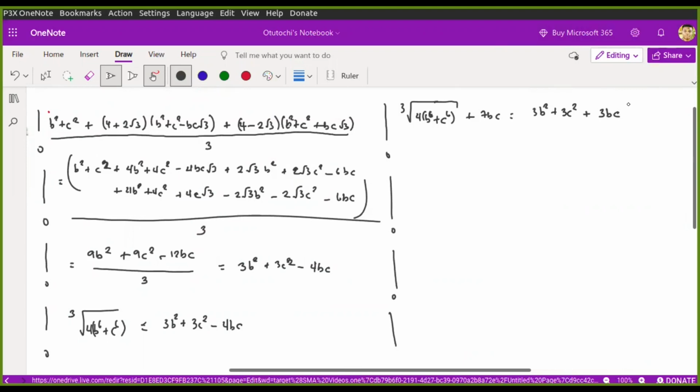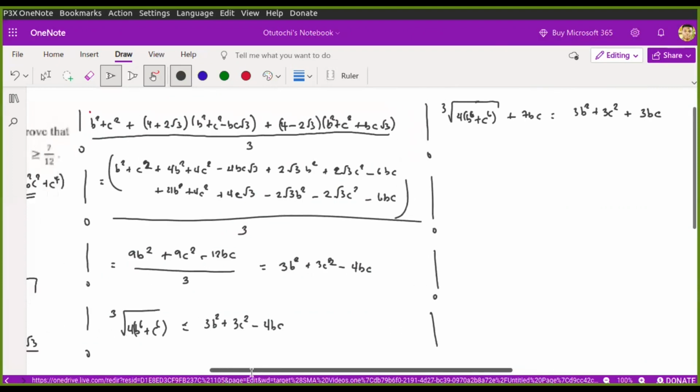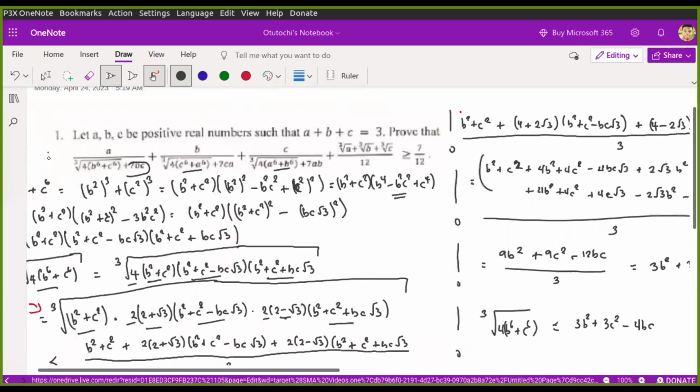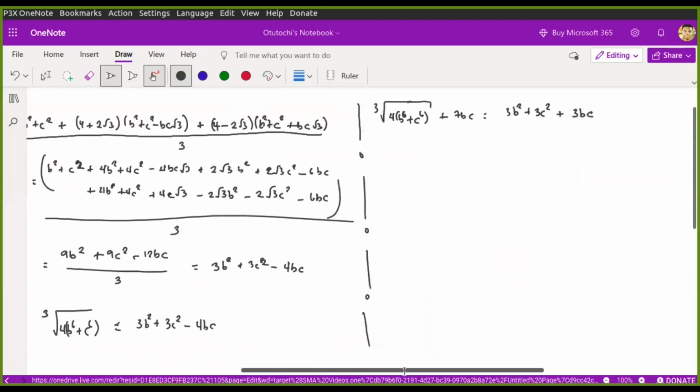Next, technically, let's call this expression P, and we are trying to prove that P is greater than or equal to 7 over 12. We have already gotten a nice expression for the denominator here, so we'll just get that in. Of course, this implies that a over the cube root of 4(b^6 + c^6) plus 7bc